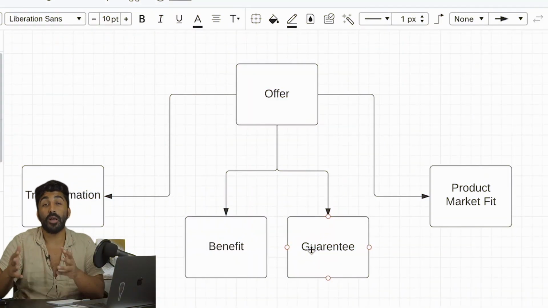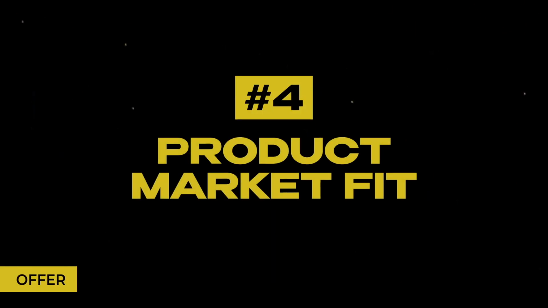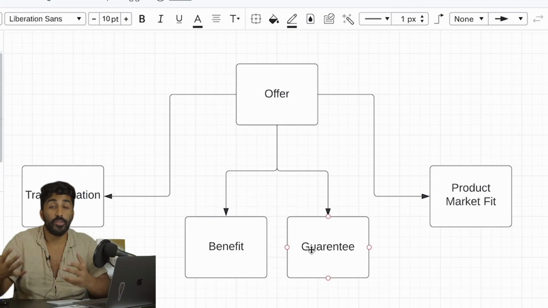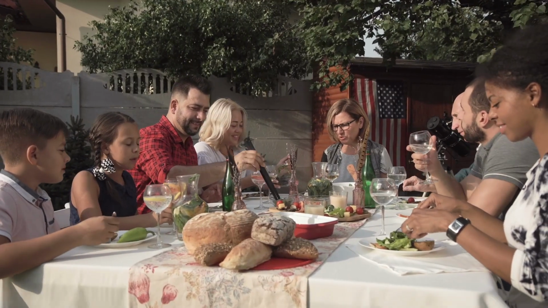And then 4, product market fit. The last thing that you want to do before you 100% market your offer is try to get a few direct elbow grease type sales with the target audience that you have in mind already. The way I like doing this is reaching out to friends or family that I think fit directly in that target audience. Perhaps I already have some clients and I'd reach out to them to see if this is something that they would be interested in. And if it's something that you get sales with or that people seem to be interested in, then you've got good product market fit.